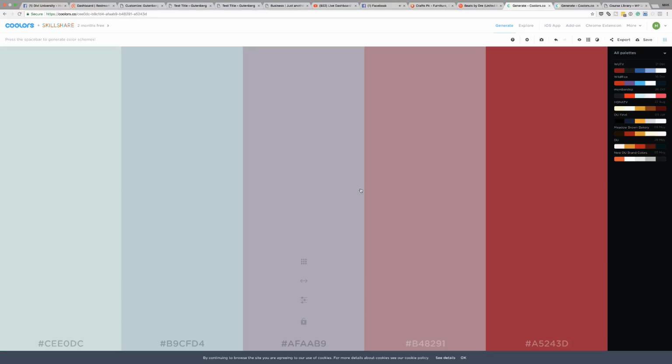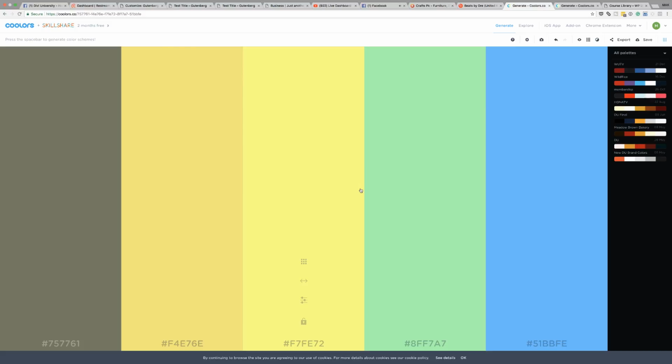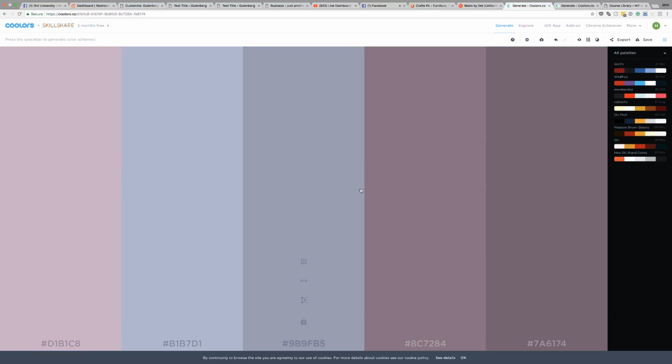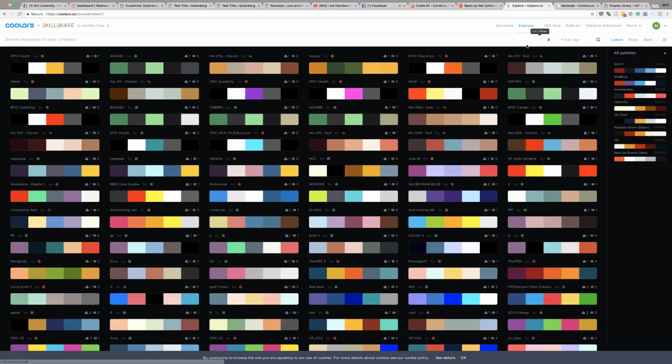you can use the space bar, and this starts going through all the colors that work well together. Okay, so you can either keep going or you can explore, and then you can actually search. Where is that search bar? I've searched for this before. Let's take a look. Okay, here we go. So here you can actually search and say